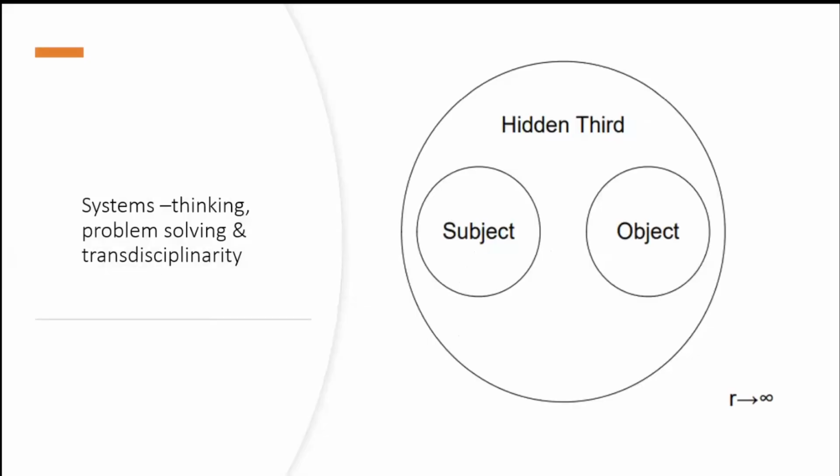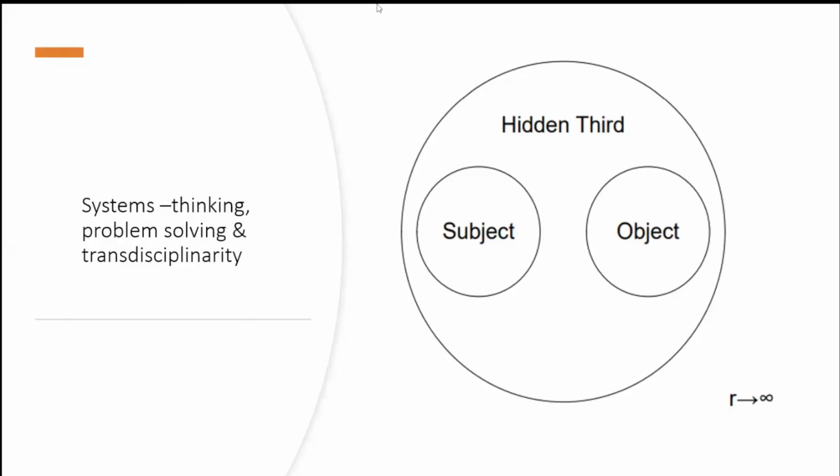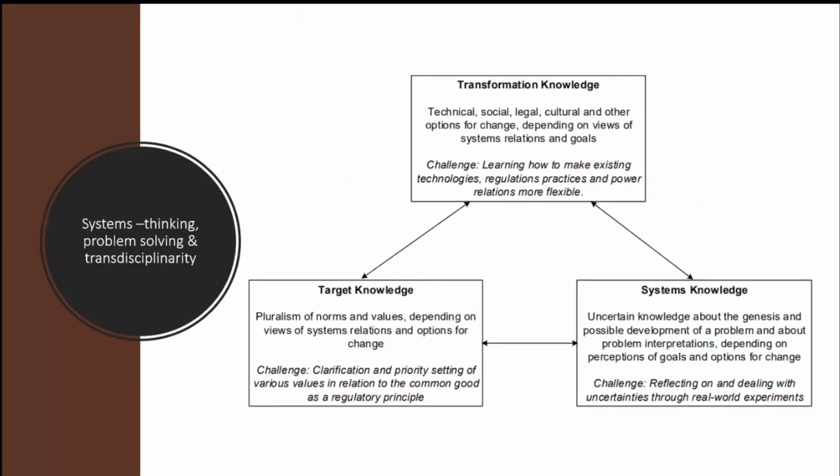Another concept I mentioned is how we can balance objectivity and subjectivity. This can be done by several tools, and very common statistical tools are principal component analysis or factorial analysis, which allow you to understand a hidden third of a subject and object. That is very important, and we need to apply those tools here. And finally, we need to combine the systems thinking.